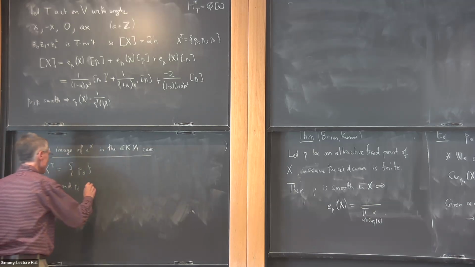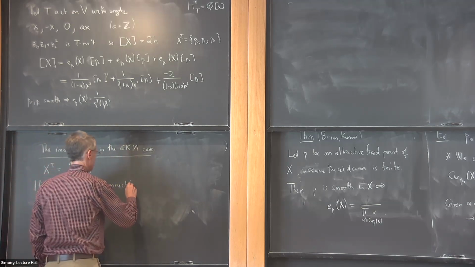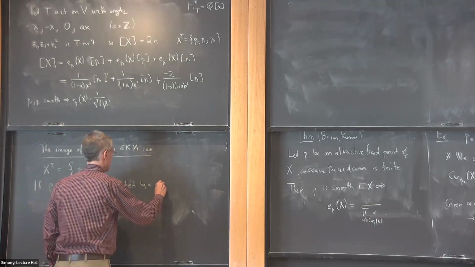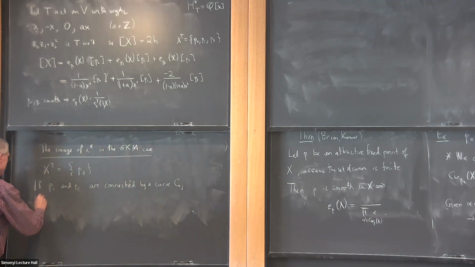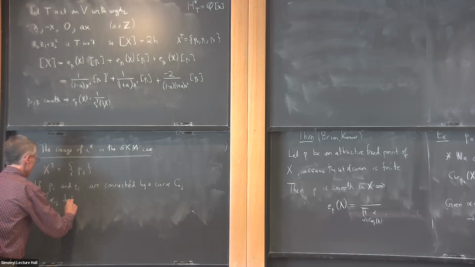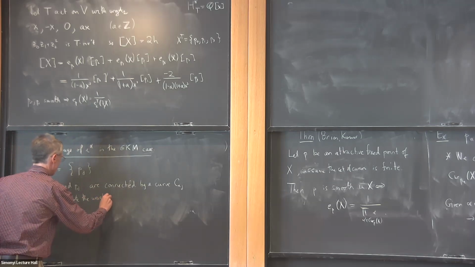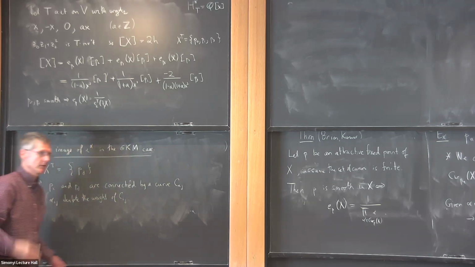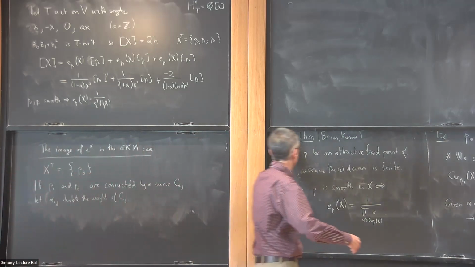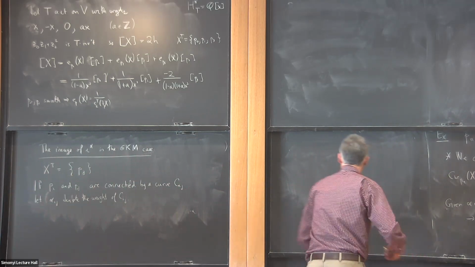If they're connected by a curve C_ij, let alpha_ij denote the weight of this curve. It's only defined up to sign, but that's not going to matter for what I'm talking about. You can take plus or minus alpha_ij, if you like. And the theorem is that,